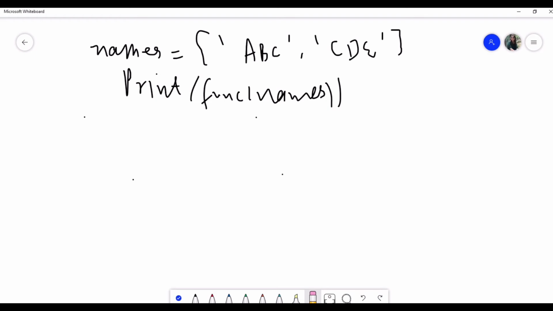It means that in the output, first it reverses the string, and then it has to make the first letter capital. So B A, this would be your output.